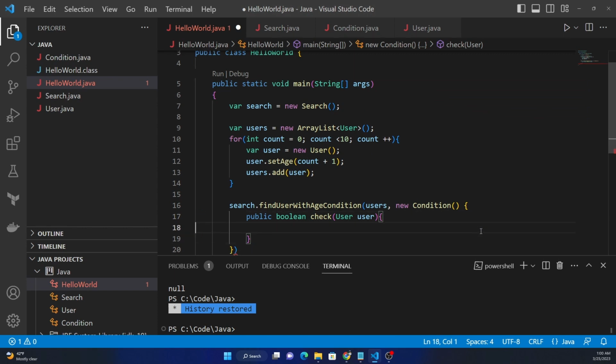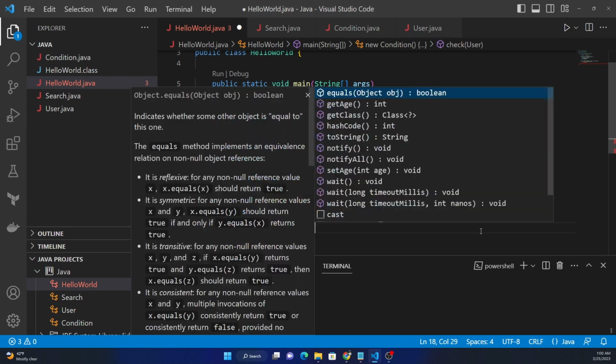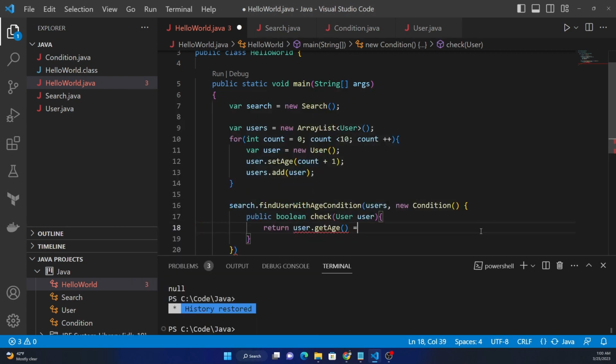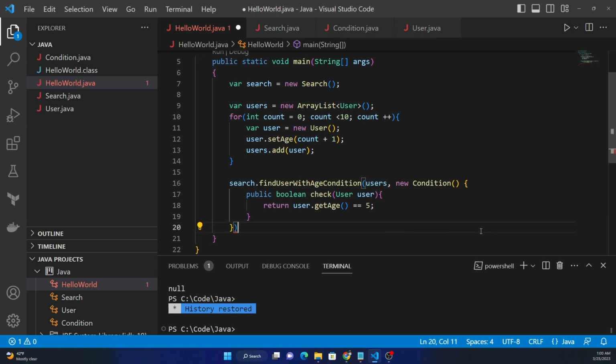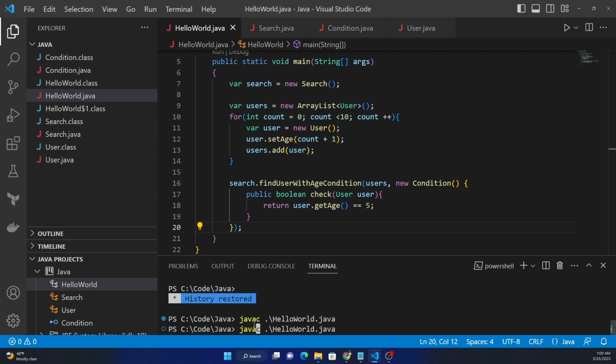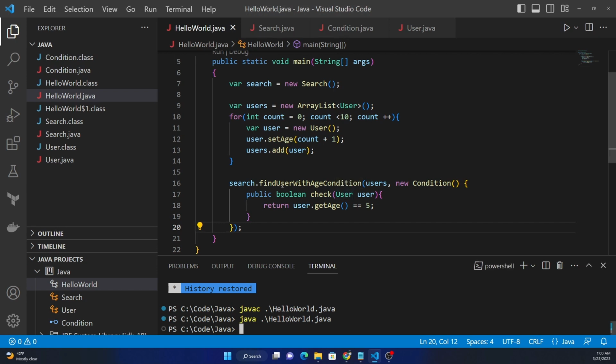And here we can do return user.getAge() == 5. Let's say we want to check if the user age is 5. That's all. That's pretty much it. That's all we have to do. Now if we compile and then run this code, it would have returned true, but given